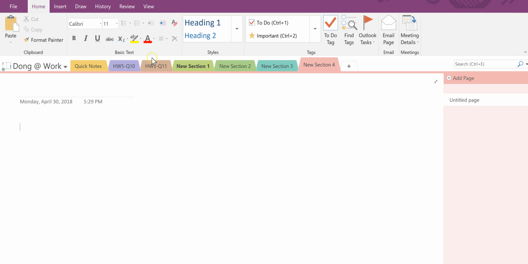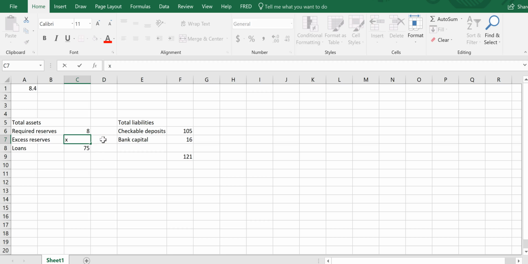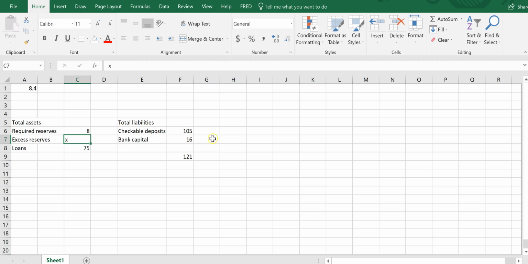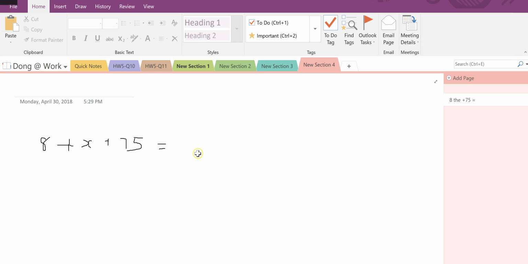So you can see that the assets is 8 plus this, that makes this x. So x plus 75. I'm using a mouse, so writing is not very smooth, so excuse me for that. And so this is the total assets, and that equals total liabilities. Total liabilities is 121. So from that you can move 8 and 75 to the other side, and then you can